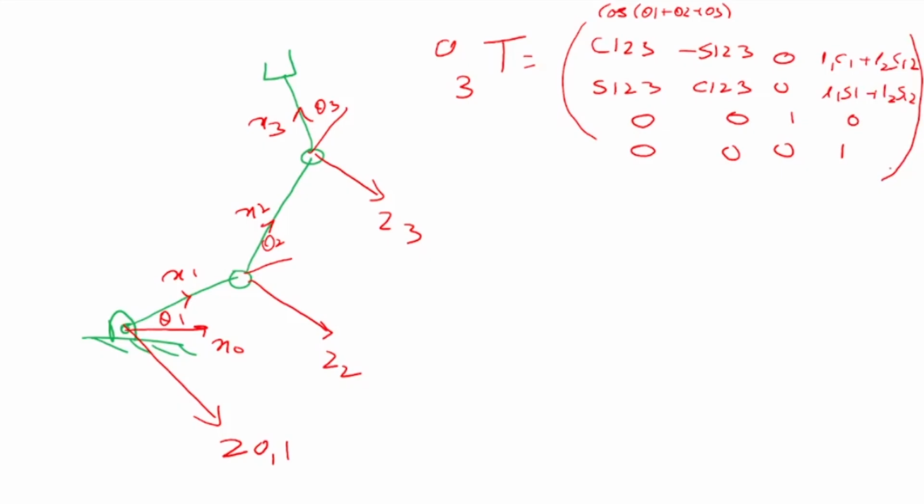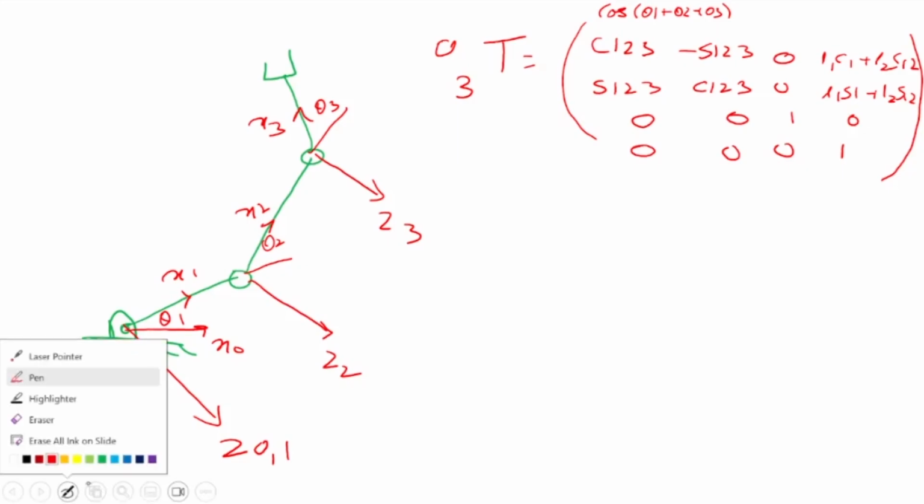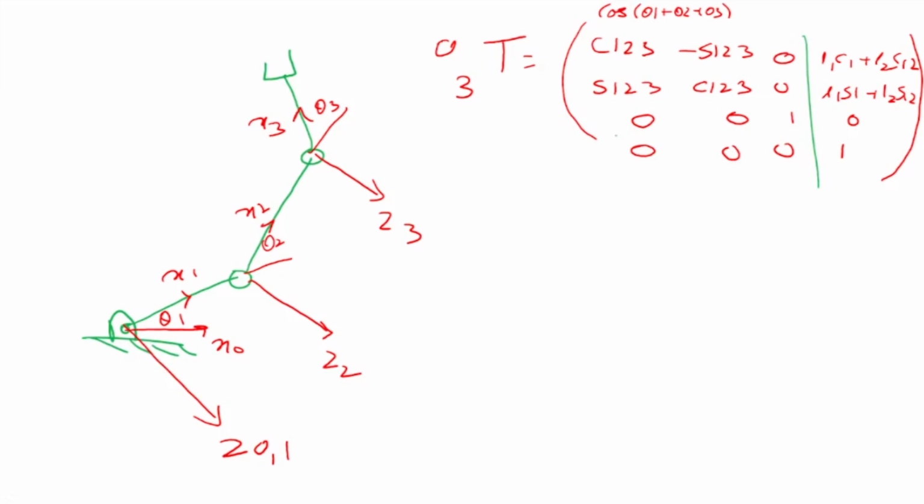So the question is, could I have written this matrix the way I did it now? I just drew this and I wrote it there. I did not do any computation. So the question comes, is it correct, and how did I write that? Let us look at it this way and try to understand.